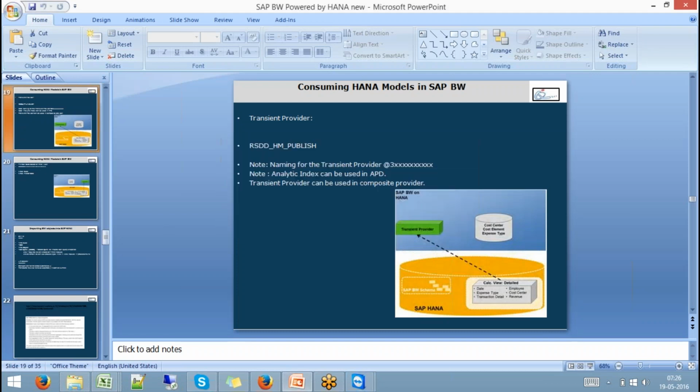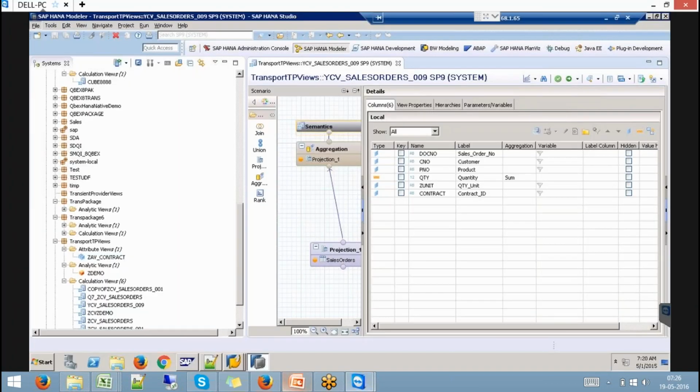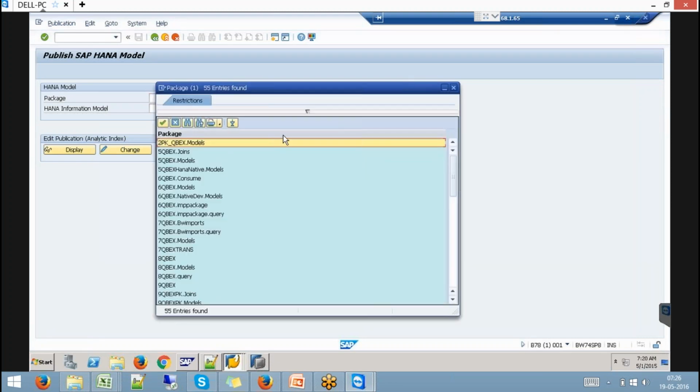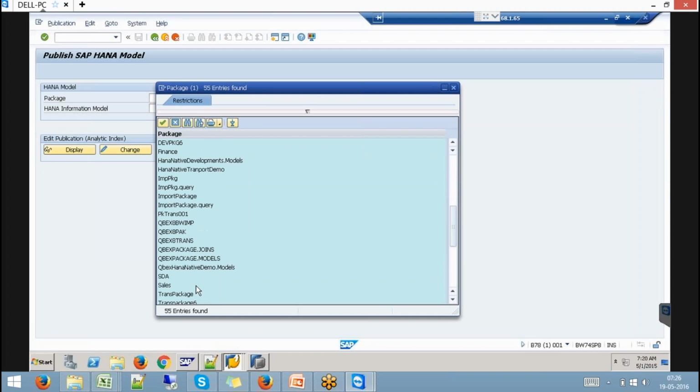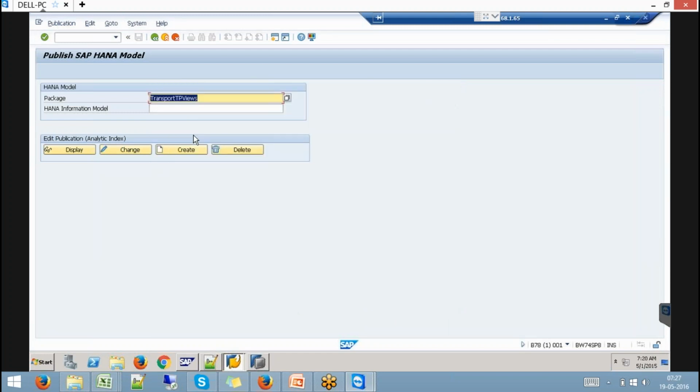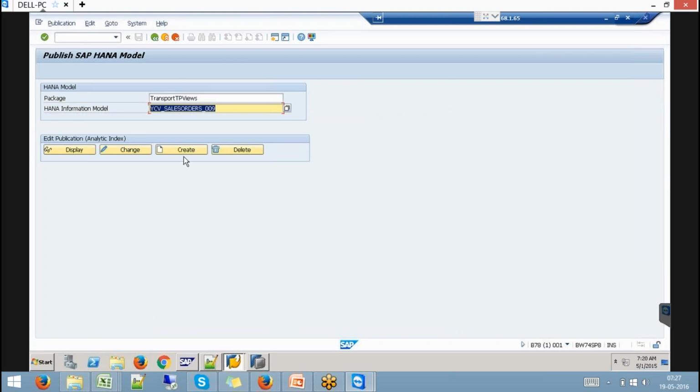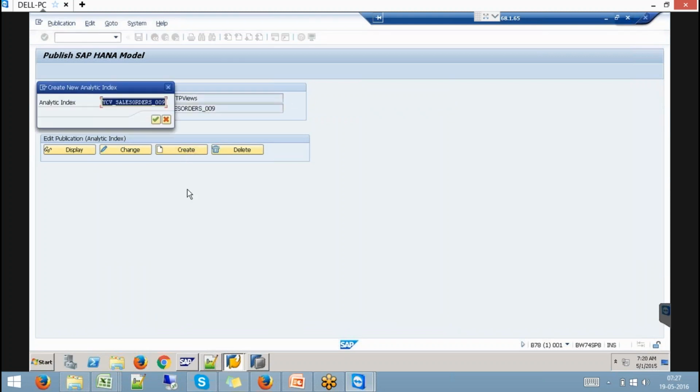Okay, so select the package, Transport TP views. And which HANA model do you want from there? This is the one, YCV sales order 009. And then say create. So it's going to create an analytical index.